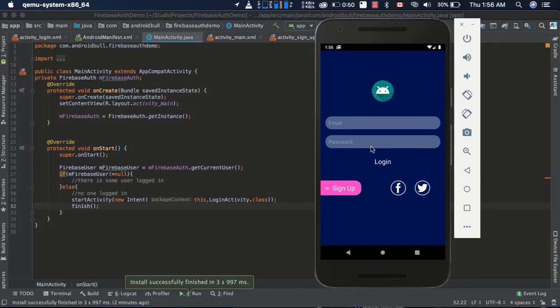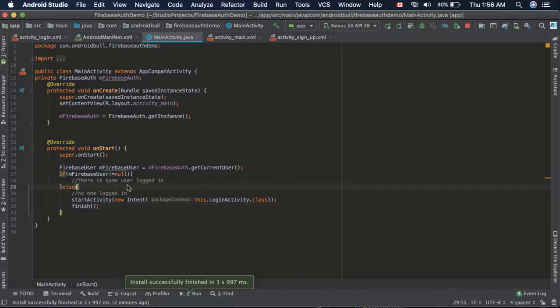In the previous tutorial we fetched the current user and checked if there is some user logged in or not. If this instance is null, that means there is no user logged in. If not null, then it means there is someone logged in. So if there is no one logged in, we need to start the login activity. So inside that login activity,